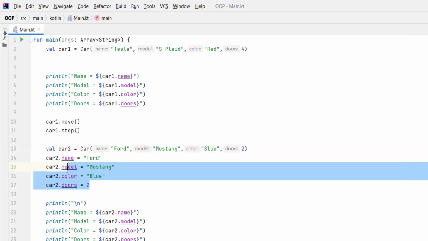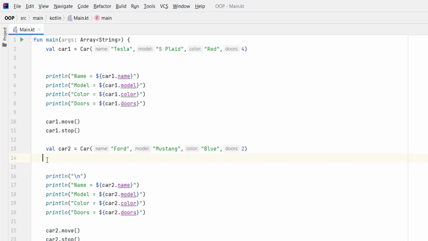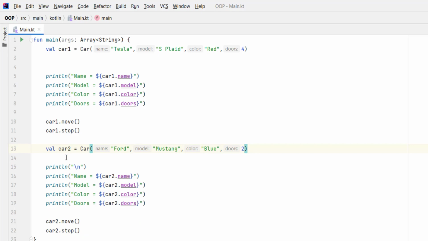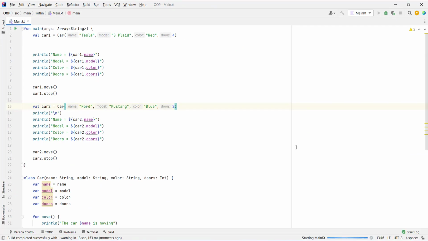Now we can delete this because we already passed the values for this second object for its properties. Now if you look at the code, it is more concise and easier to read. If you run this code, you will have the same output because the code works well.